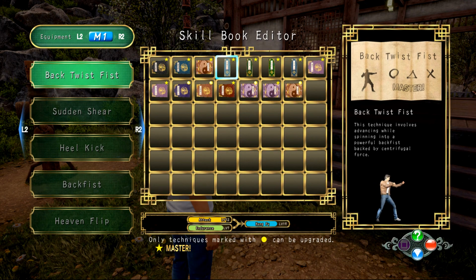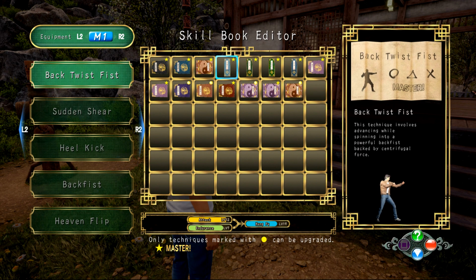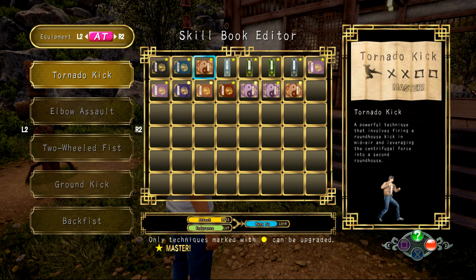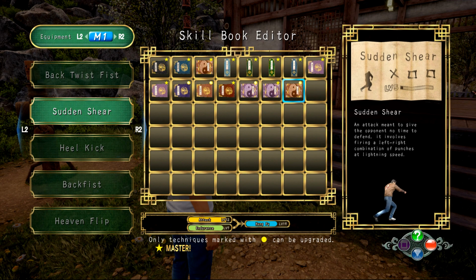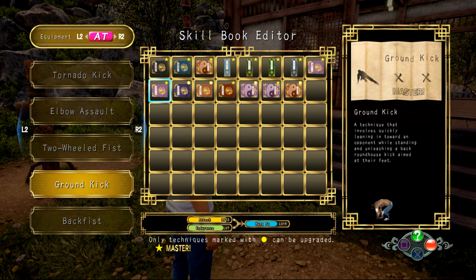The first thing I should go over is how to assign some of your moves to the right trigger so that you don't have to input the commands or memorize a bunch of different button presses. So what you do is go into the skillbook editor, like you can see on the screen, and you want to press the left trigger or the right trigger to scroll between the different manual modes. And in these manual modes, you can assign 5 moves into each mode, which you can then switch between,